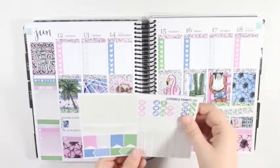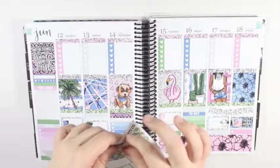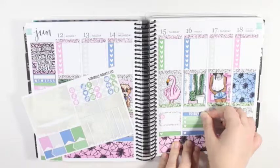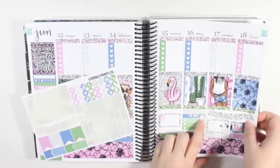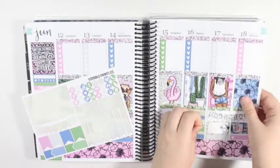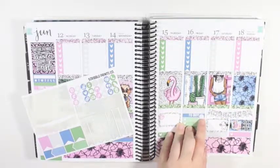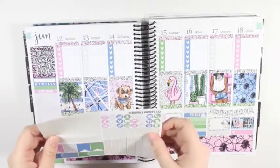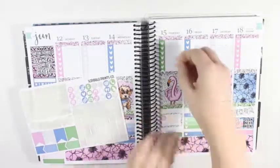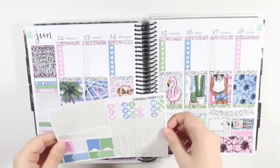So what I'm going to do is I am going to take the little shopping cart icon and put it, no, I don't want to put it there. Never mind, I will be putting it right there because it just completely ripped up my sticker. And then I am going to use the trash icon and put that up at the top because our garbage and recycle is on Thursday,